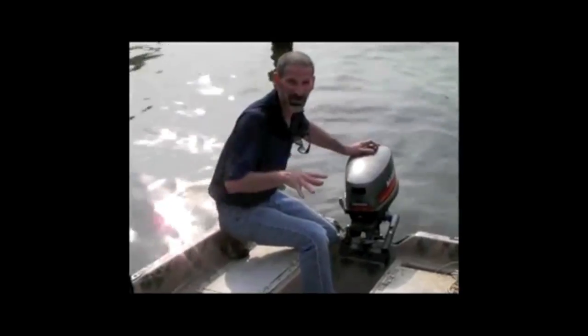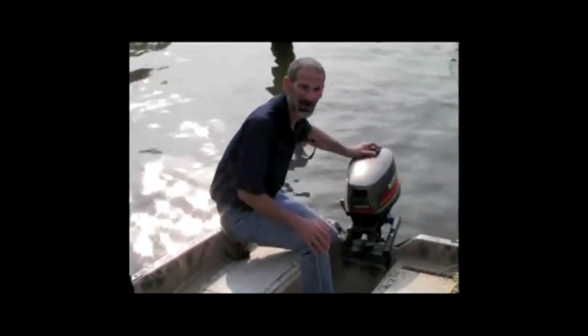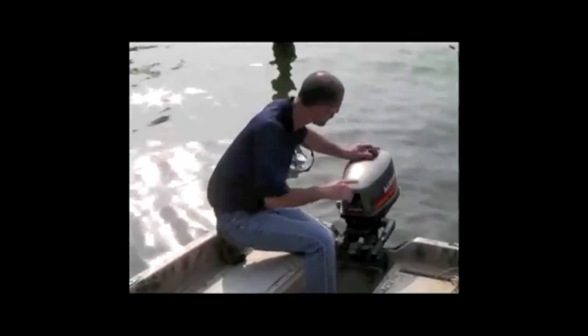Things you always want to remember when you're taking an outboard off the transom of your boat. The first is never grab it by the tiller handle. It's not designed to take the weight. The second is make sure you've closed all of your vents and fuel lines. And the third is, whatever you do,